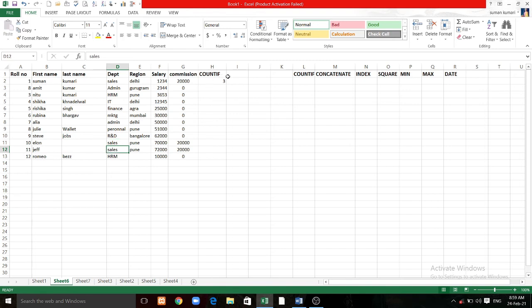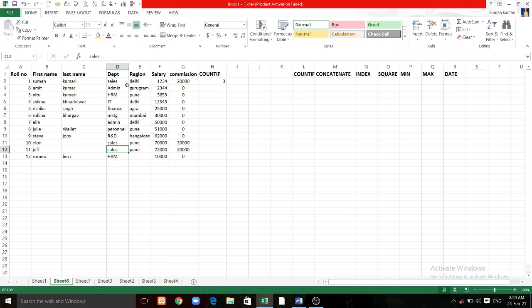So let's move to COUNTIFS, or we can say the nested COUNTIF function, which works with multiple conditions. In the COUNTIF function, we have only a single condition, like who is working in the sales department, count those only. But in the nested COUNTIF function, we have more than one condition.